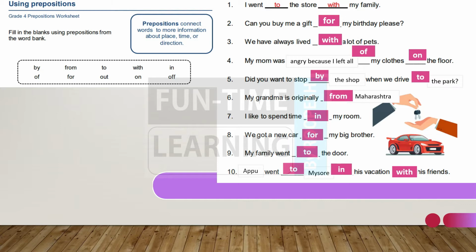Here now when I look at it, there was a mistake in this question, the fourth question. നാലാമത്തേതിലൊരു തെറ്റുണ്ടായിരുന്നു. I left എന്ന് വരെ മാത്രമേ അതിലുണ്ടായിരുന്നുള്ളൂ. all എന്നുള്ള ആ വാക്ക് അതിനകത്തുണ്ടായിരുന്നില്ല. അത് എനിക്ക് ഒരു തെറ്റുപറ്റിയതാണ്, ക്ഷമിക്കുക. അപ്പോൾ അതിൽ all ഉൾപ്പെടുമ്പോൾ നമുക്കത് all of my clothes on the floor, ഫ്ലോറിൽ എൻ്റെ എല്ലാ ക്ലോത്ത്സും ഉണ്ടായിരുന്നത് കൊണ്ട്, വീണ് കിടക്കുന്നത് കൊണ്ട് അമ്മ വളരെയധികം ആംഗ്രി ആയിരുന്നു.